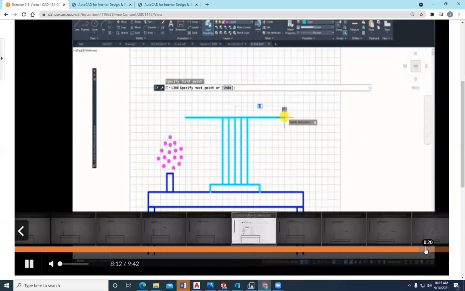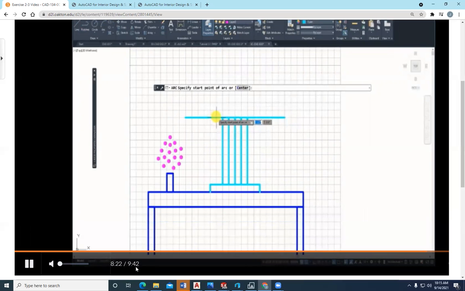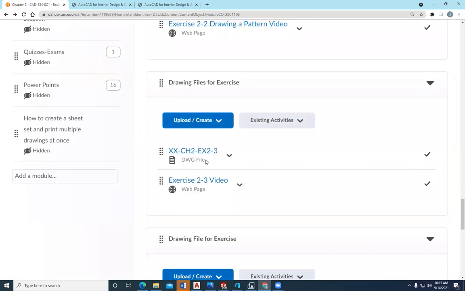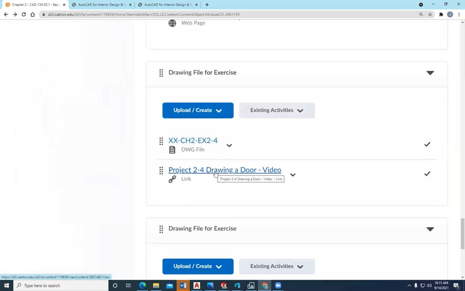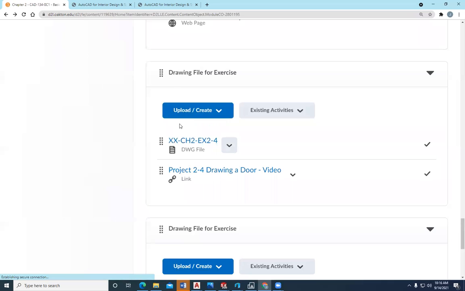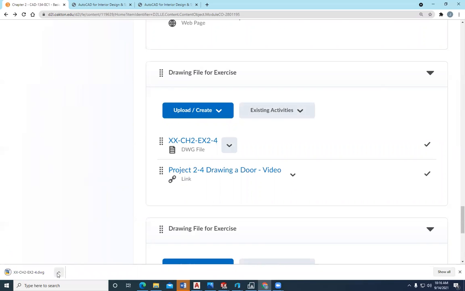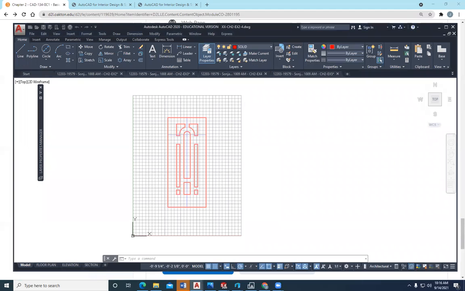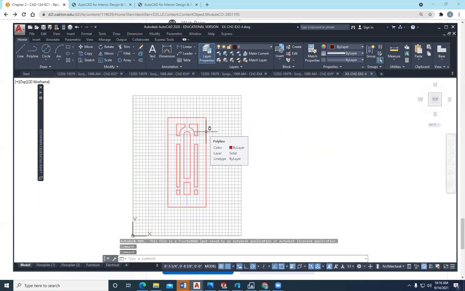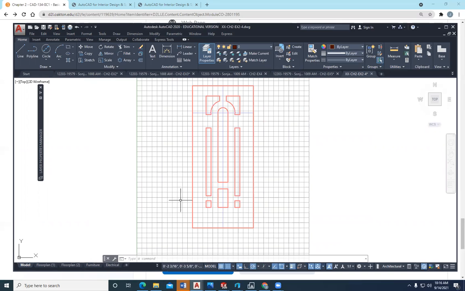And so each of the videos is about 10 minutes. You don't have to watch the videos. You can just follow the instructions from the textbook. Video 2-4 is how to make the door. And again, if we did download it and open that, you can trace over it because the way that it's set up is that they're on locked layers. And that way, if you've never worked with CAD before and you're just getting the hang of it,